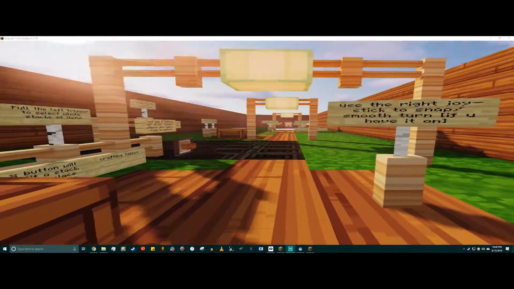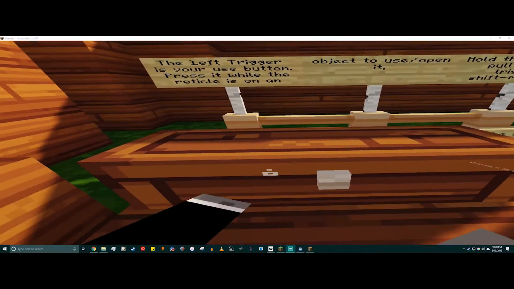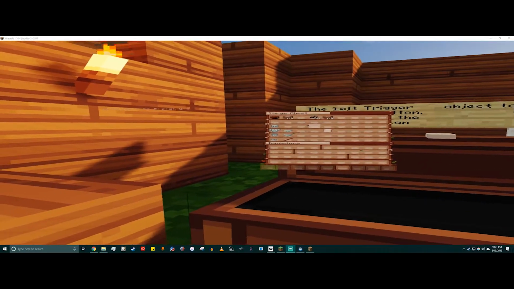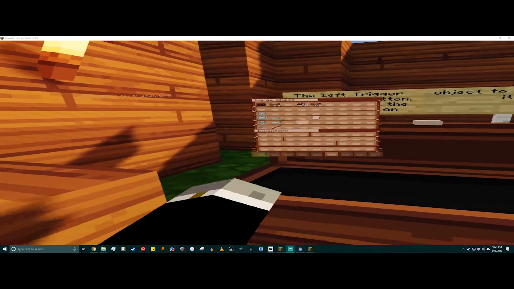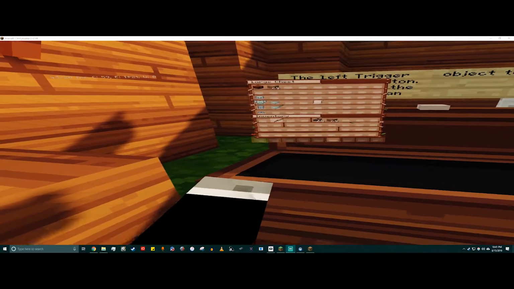And then we'll move down here and we'll snap turn this way. The left trigger is your use button. Press it while your reticle is on an object to open or use it. So we go boom, and we've got this, and we've got a whole bunch of stuff. It says to grab all this. I'll let you guys grab it, but I'm just going to grab this coal and the stuff to make this